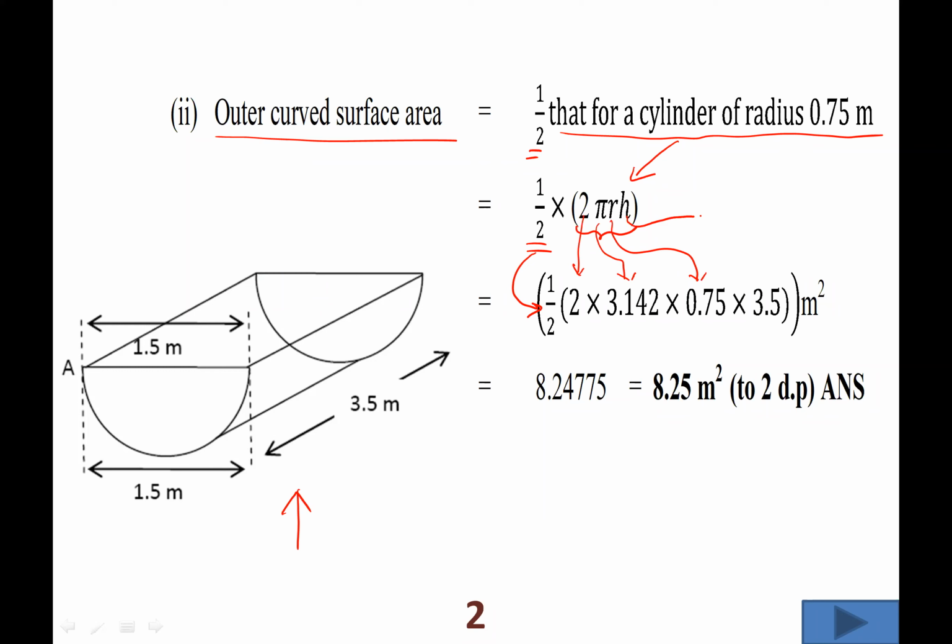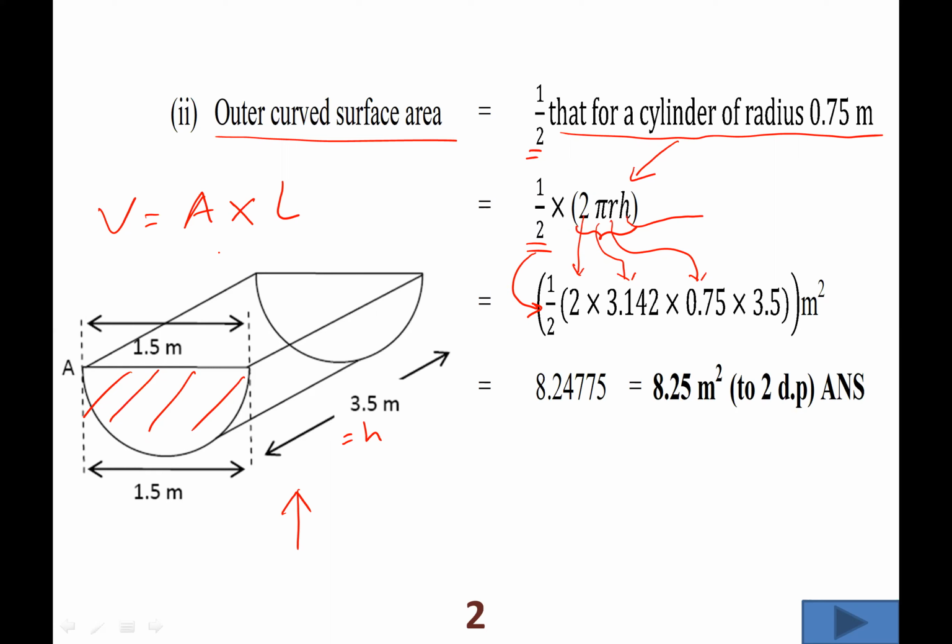And the height, in this case, the h value really is the length. This here is really what h is. It's the length that is perpendicular to the cross-sectional area. Remember, volume is always cross-sectional area A times the length perpendicular. In this case, the cross-sectional area A would be the,